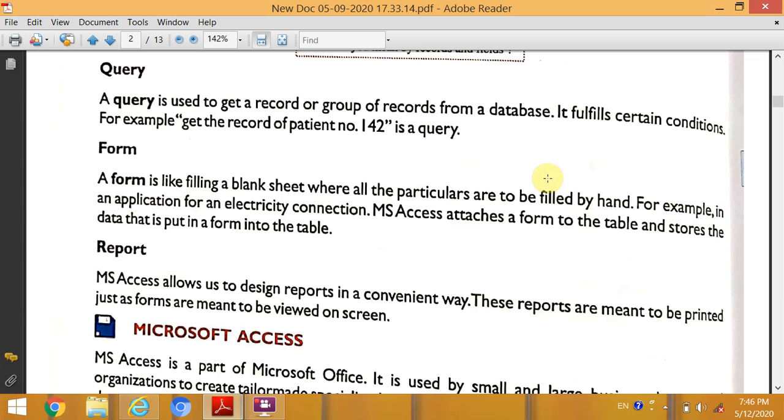If I want to know the details about a particular student, then I have to write a query to get information from a database. A query is basically a question that we ask of the database about any details like student details, teacher details, book details or patient details, etc.